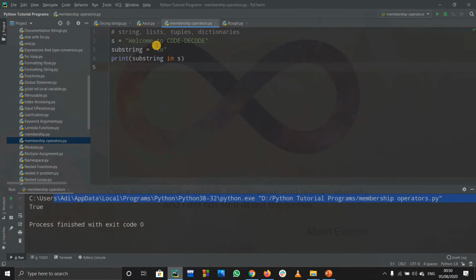Hold on, I forgot to tell you all about sequence. I told you sequence is really important. Here the substring is 2, so it will check for 2, not 2t. It will iterate through this whole thing, or traverse, and it will see this 2. It checks if t is there, so it sees t, okay fine, but after that o is there, so it will check for o as well. So o is also there, so it is giving the output as true.